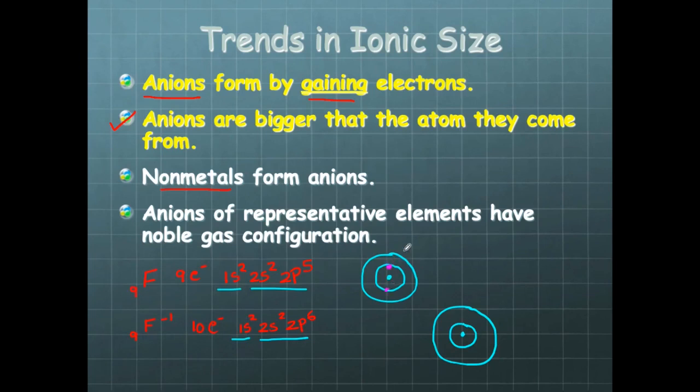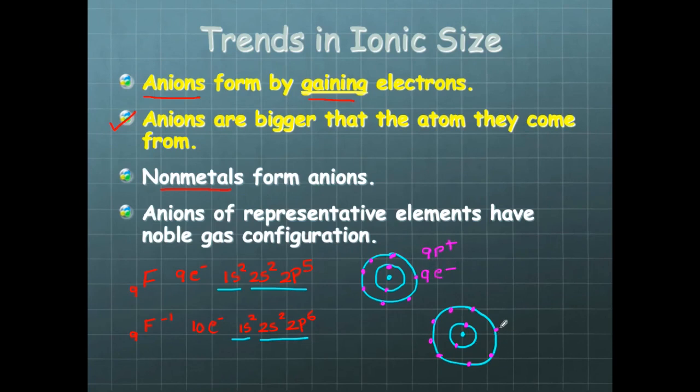One, two, and then 7 valence electrons. 1, 2, 3, 4, 5, 6, 7. For this ion, we have 2 here, and then we have 8 electrons in the second energy level. 7 and 8. Okay, so for this one, for fluorine atom, we have 9 protons which are holding on to